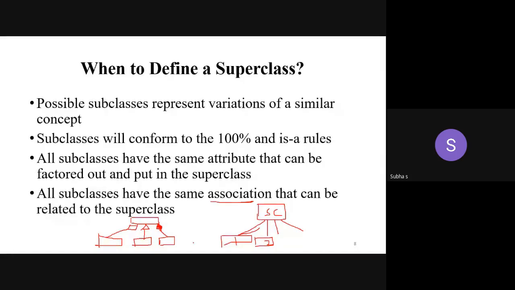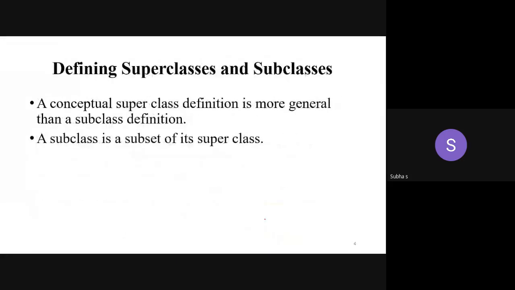All the subclasses must use the same association only. I can't use different kinds of association, different kinds of relationship. One subclass through aggregation, one subclass through generalization, another through composition. It is entirely wrong. You can't use this one. You can have it like this only. This is what? Bidirectional association, a simple association. Or if you want the same, this previous one.